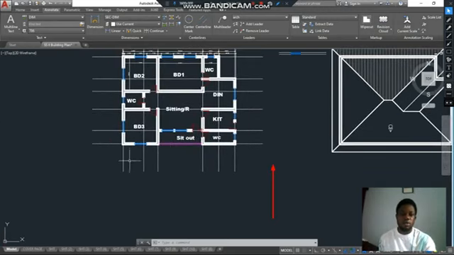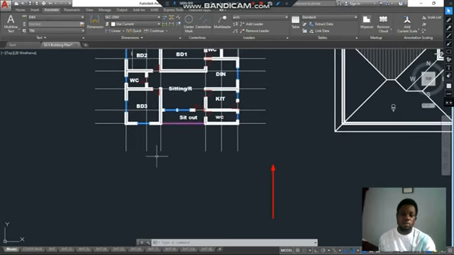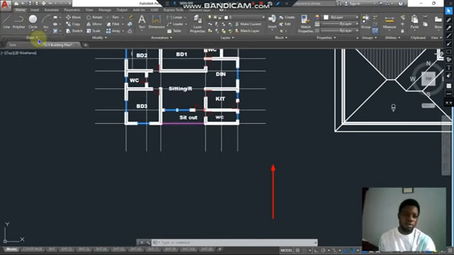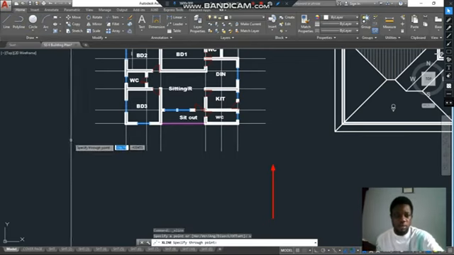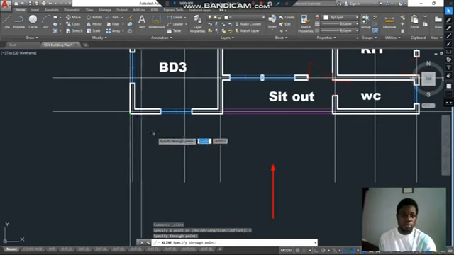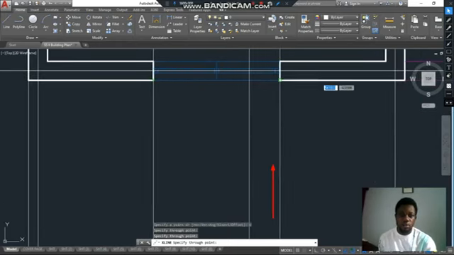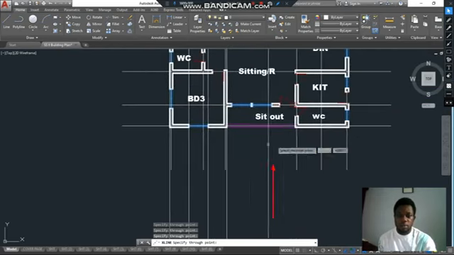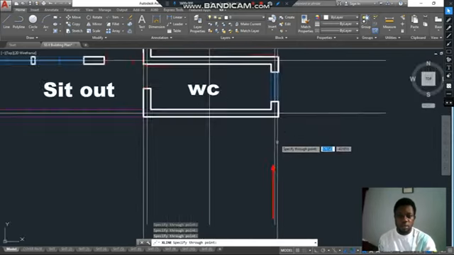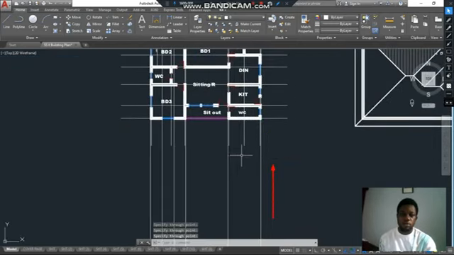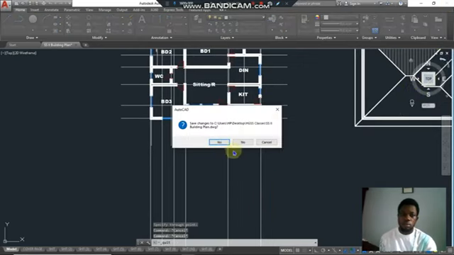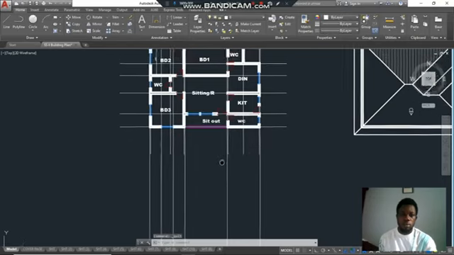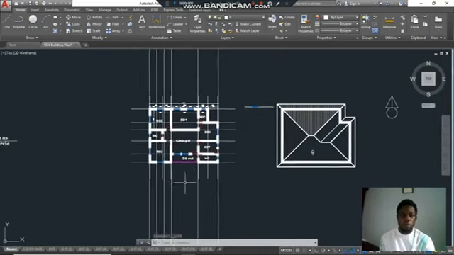I usually advise my students to place their paper down the floor plan and then use construction lines, something like this. Take a construction line from this point, another one from this point, another one from this point, another one from this point, another one from this point, lastly another one from this point. Okay, now when we have all these lines,